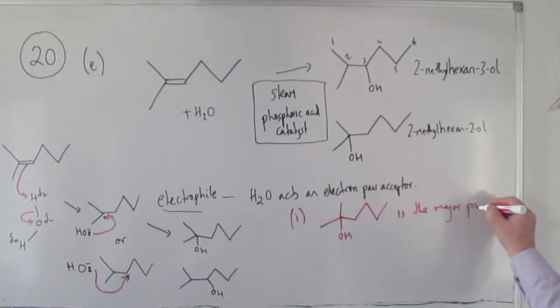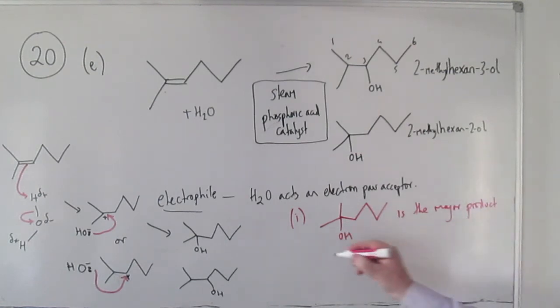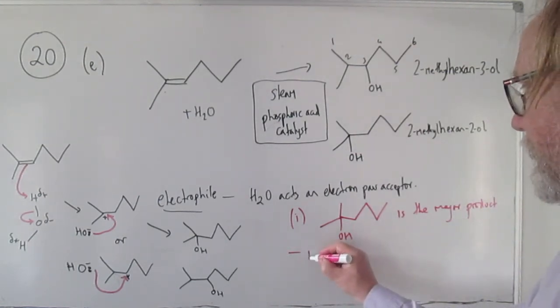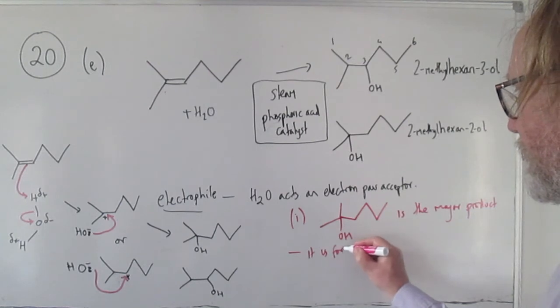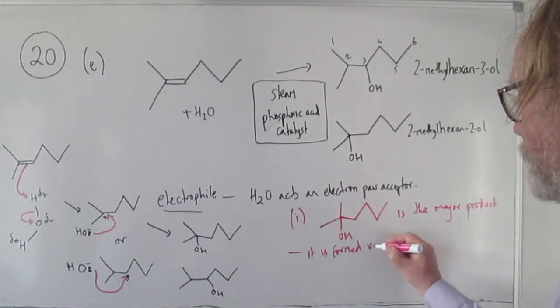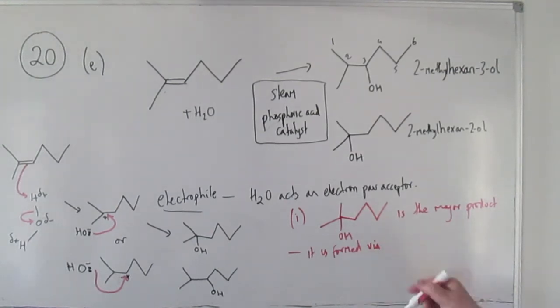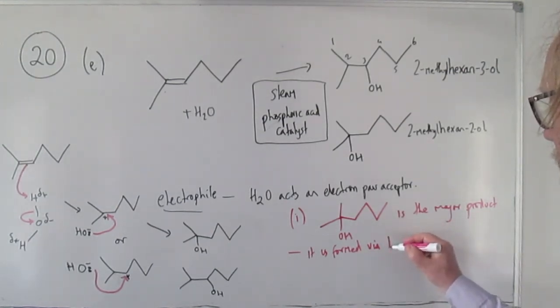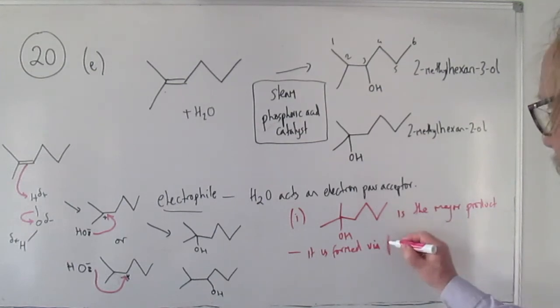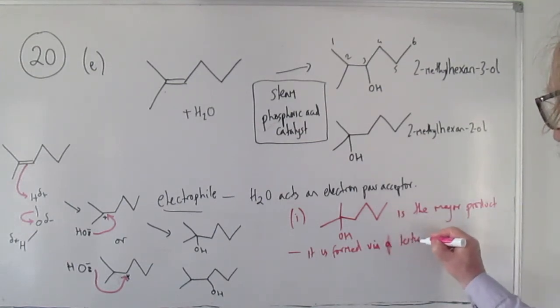And then your explanation is that it is formed via, and that's the key word. Okay, it's not that it itself is more stable, it is formed via a tertiary carbocation,